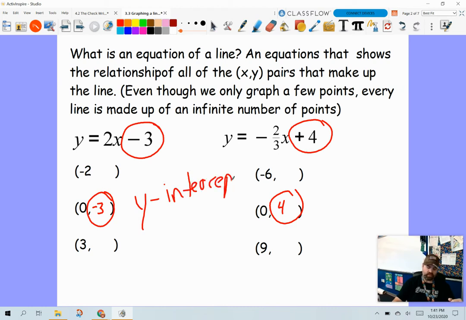Basically, that's a fancy way of saying this is where the line is going to cross the y-axis. Where the x value is 0, you don't move left and right at all, it is at -3 or +4 or whatever that tail end number is that's in your equation. Basically, this is going to be your starting point for your graph without me actually giving you a starting point